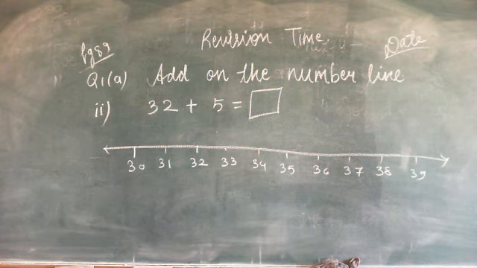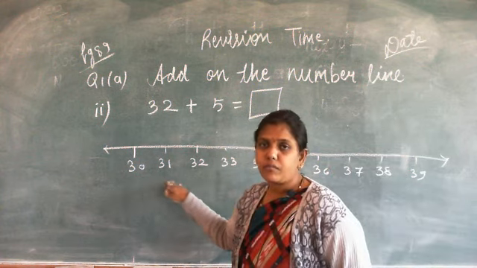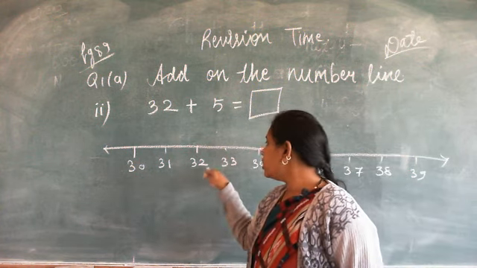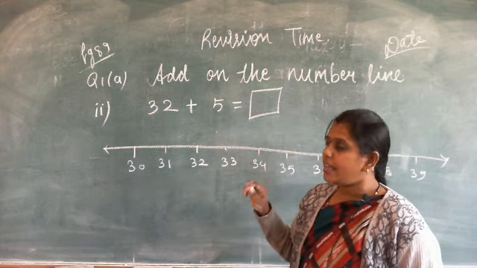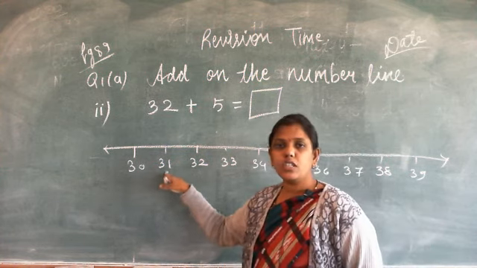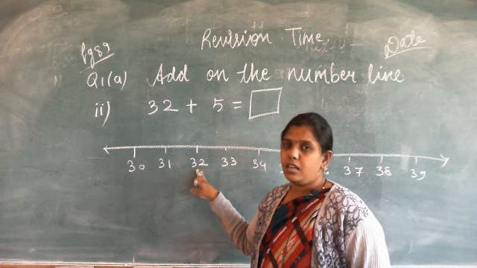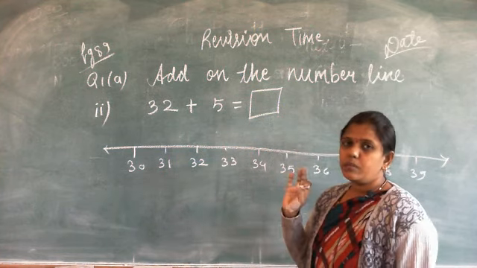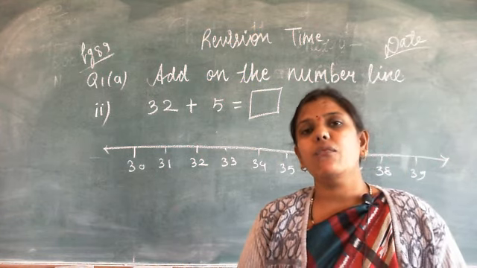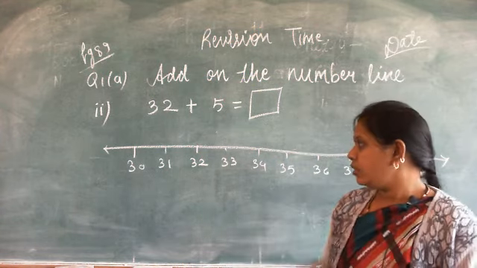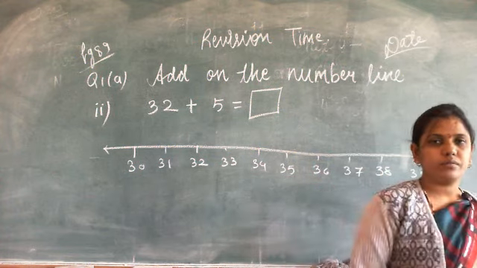That means the numbers we are writing here on the number line, the distance between the two numbers will be same. इसके बीच का जो distance है वो आपको same रखना है. ऐसा नहीं इसके बीच में आपने एक बॉक्स छोड़ दिया, इसके बीच में आपने दो बॉक्स छोड़ दिए, नहीं. One box means one box. You have to leave one box, okay? One number in one box. Write fast.